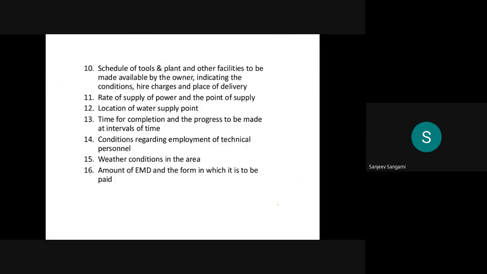Then the schedule of tools, plants and other facilities to be made available by the owner, indicating the conditions, hire charges and place of delivery. That will be included. Then the rate of supply of power and the point of supply. Nowadays it may not be a problem, because everywhere lighting facilities are available nearby the site.